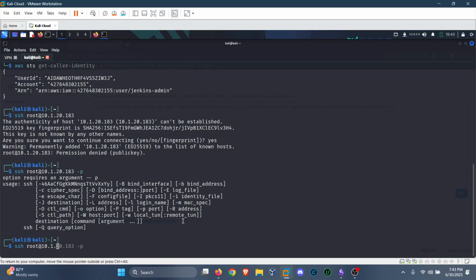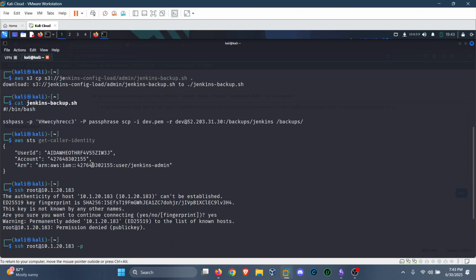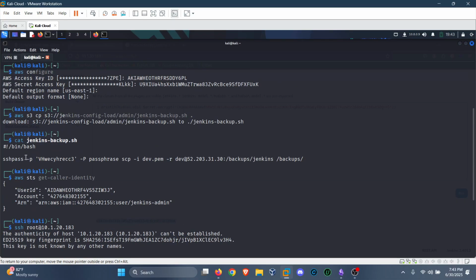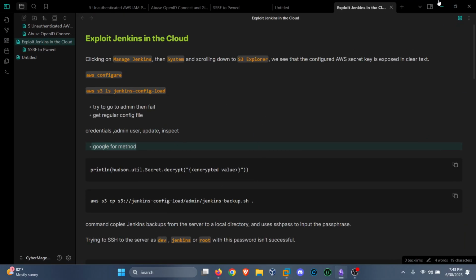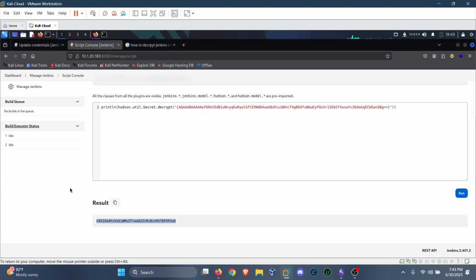Well, that sucks. But we'll save this in our notes, that we came across this password, because obviously a bunch of times passwords are reused. And right now, the next thing we've got to do is, oh yeah, we can utilize the script console